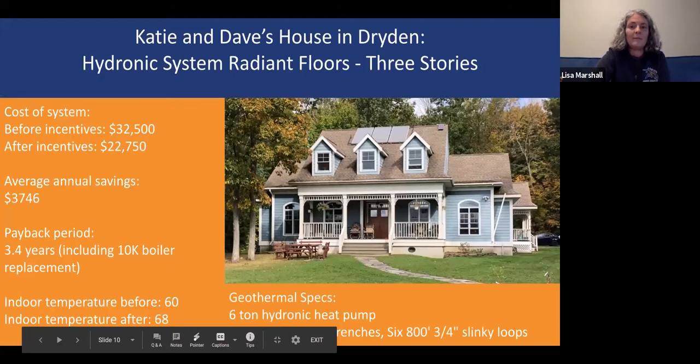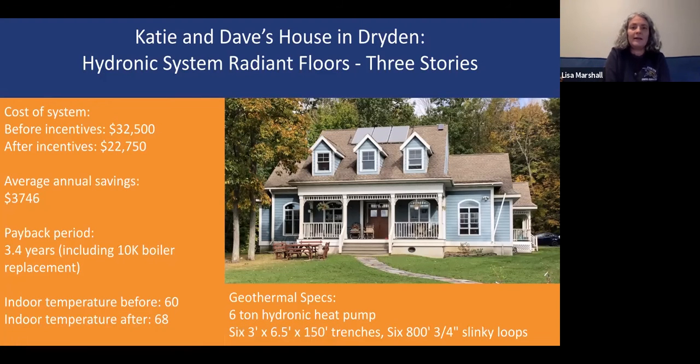Okay, these are a couple of case studies just quickly. This is a system that was installed quite a few years ago here in Tompkins County. This is my friend Katie's house. It's a beautiful, modernly built farmhouse on 3 floors, and she had radiant heat in all the floors, and she was heating with wood and propane. So she got quite a big system. It's a 6-ton hydronic heat pump system. She had horizontal trenches dug,